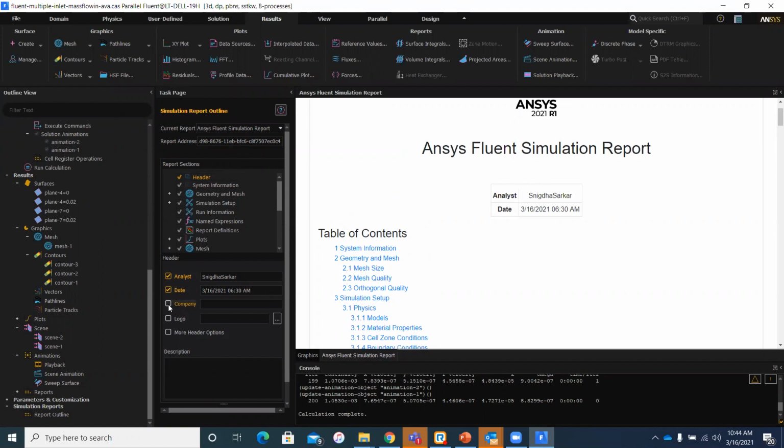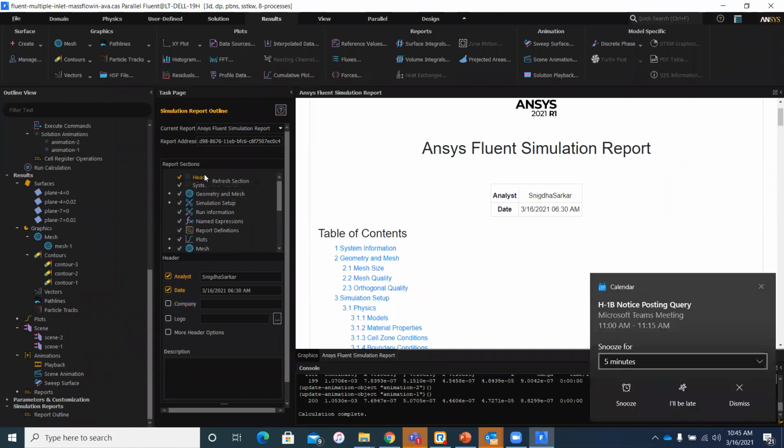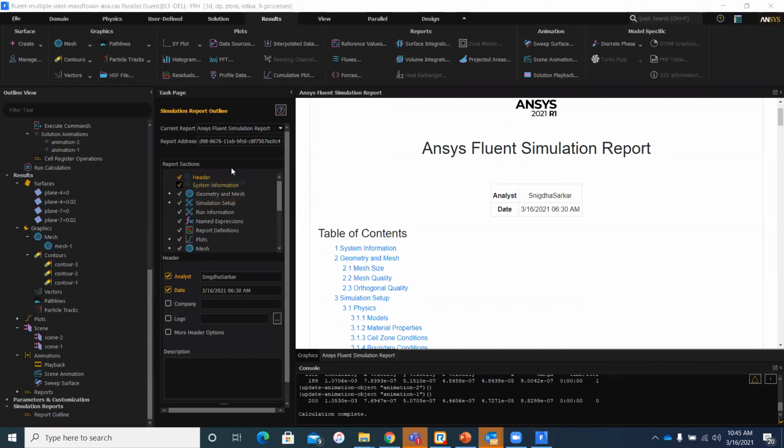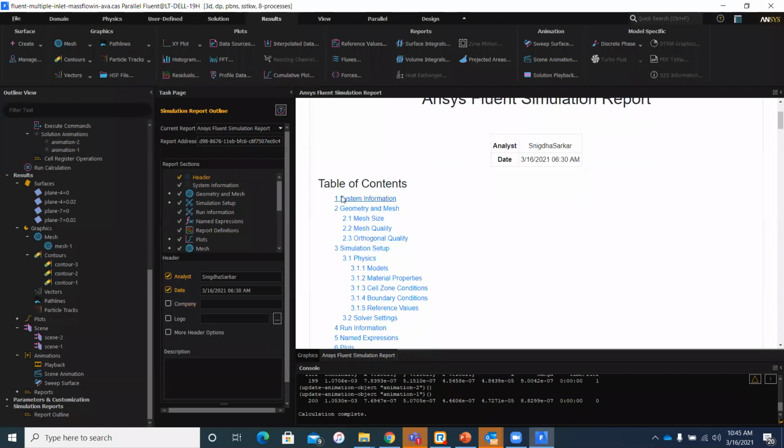Then do I need to regenerate the entire report? No. You could simply make that change and then right click on that particular section and then click on refresh section. And that would make sure that your report is updated real time without regenerating the entire report, right? And most of this information is self-explanatory, but I do want to take some time to go over